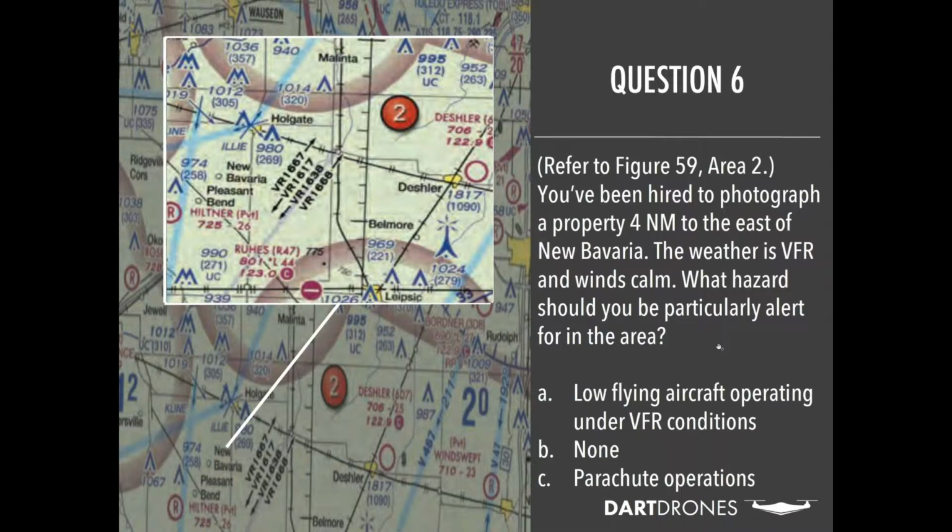Next, question number 6, refer to figure 59, area 2. You've been hired to photograph a property 4 nautical miles to the east of New Bavaria. The weather is VFR and winds are calm. What hazard should you be particularly alert for in the area? Well, if I take a look to the east of New Bavaria, which is right down here,